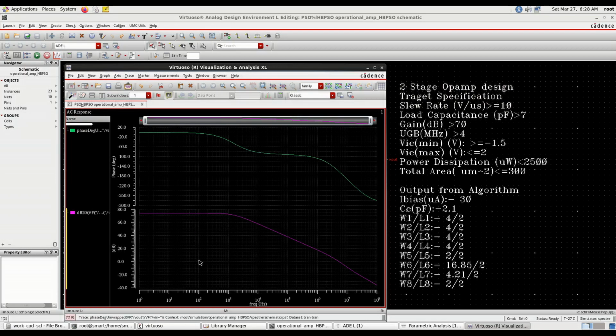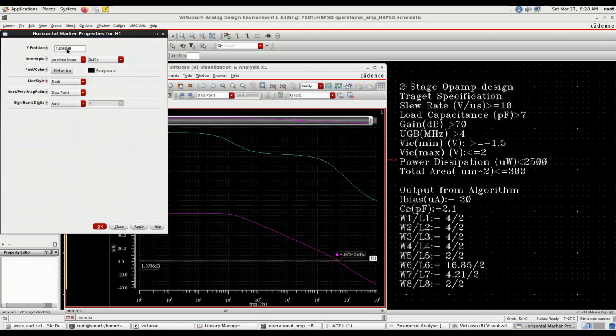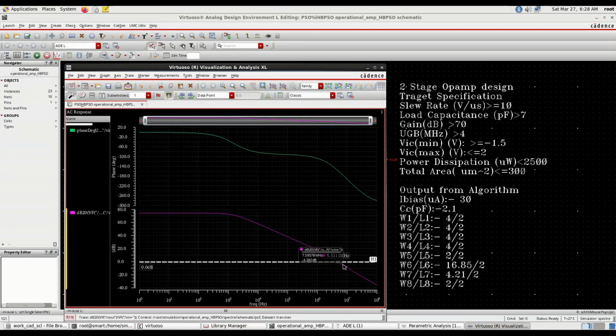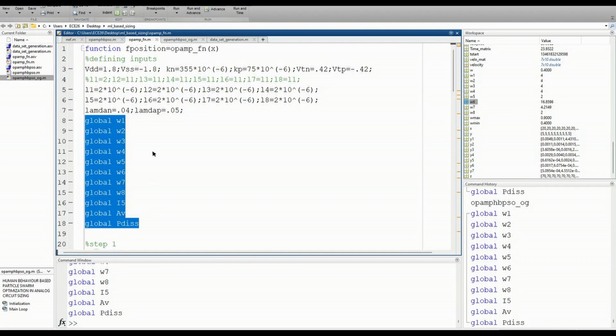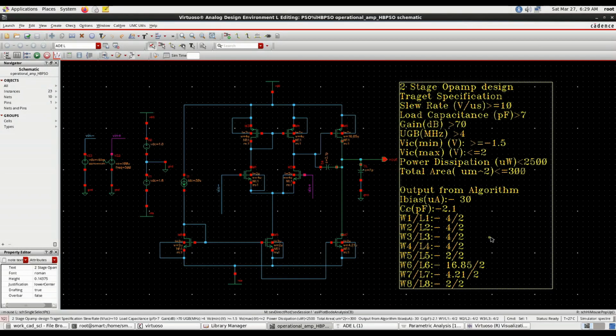You can check the UGB point by pressing H for horizontal marker, and set it to 0 dB. So 5.5 megahertz. UGB is greater than 4, so it's maintaining the spec. Also in MATLAB you can verify the range that we have set for UGB, which is 3 to 90, quite a large range, and within this range it is coming. So next